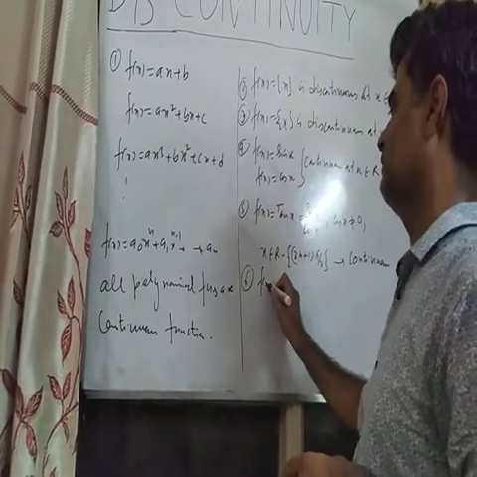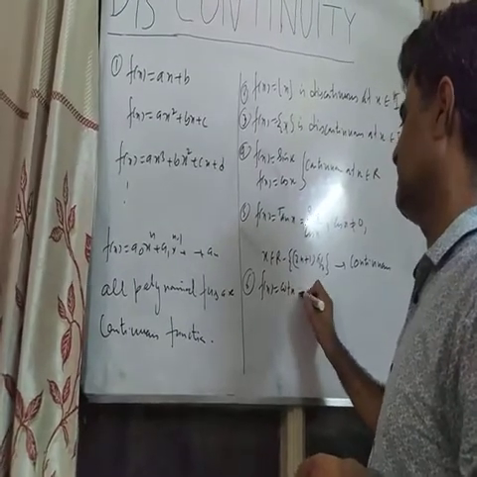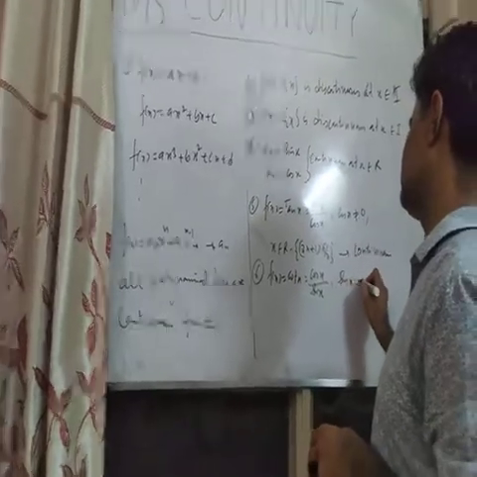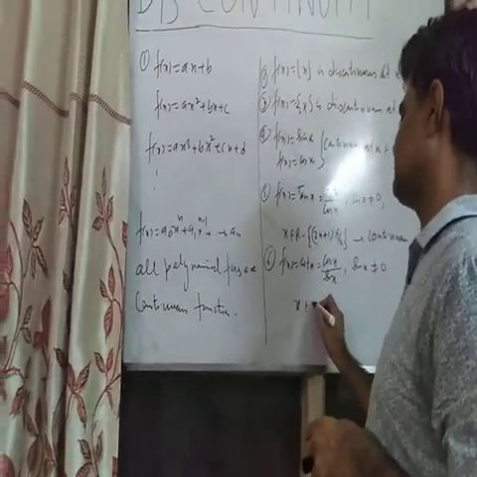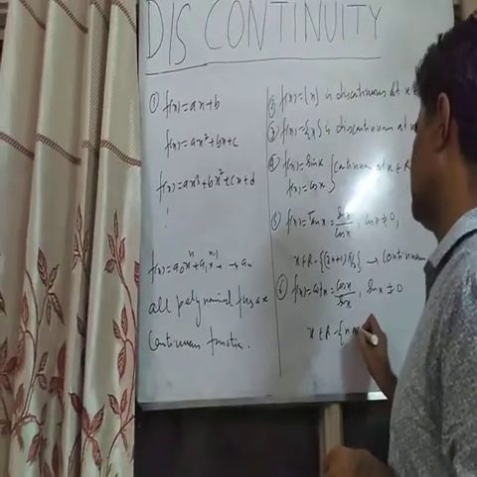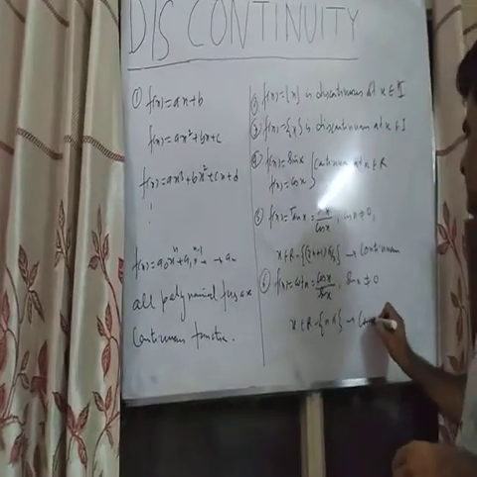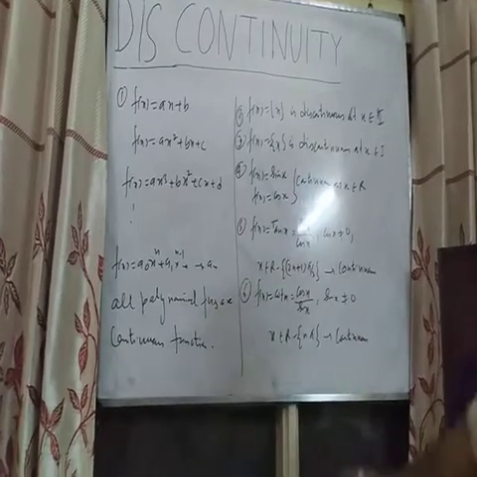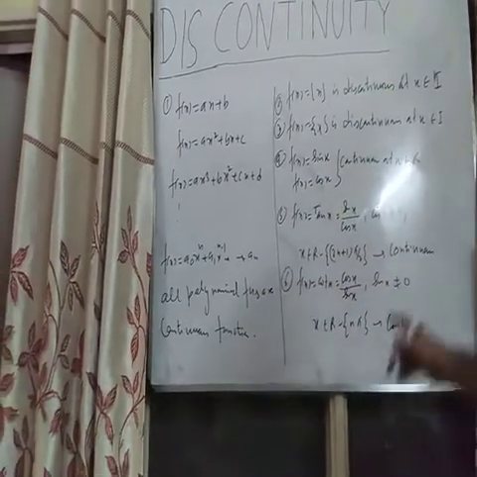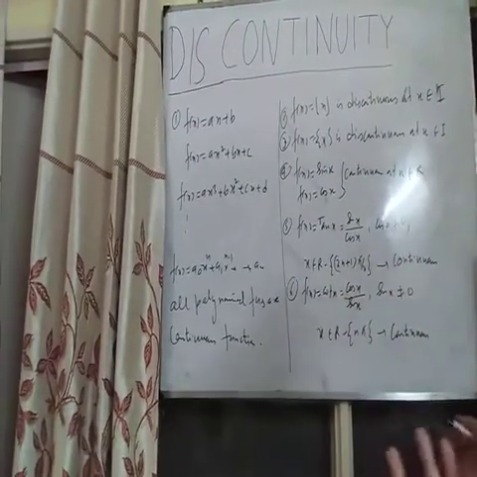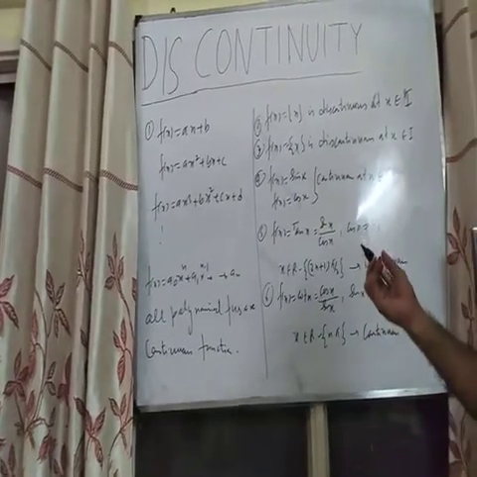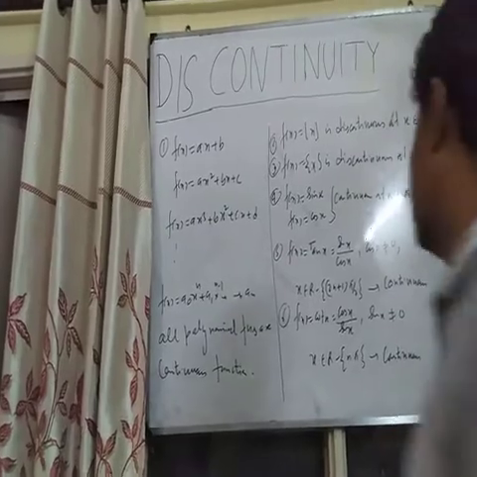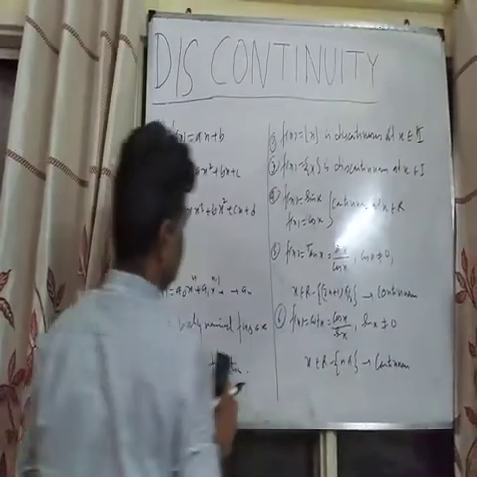Similarly, when f(x) is equal to cot x, it means cos x upon sin x. So sin x must not be equal to 0. It means x can take all values except n pi. On these points the function is continuous, on the rest of the points the function is discontinuous. So you can see there are some functions which we can say are directly continuous or discontinuous at predefined values of x. Now we are moving to the next.